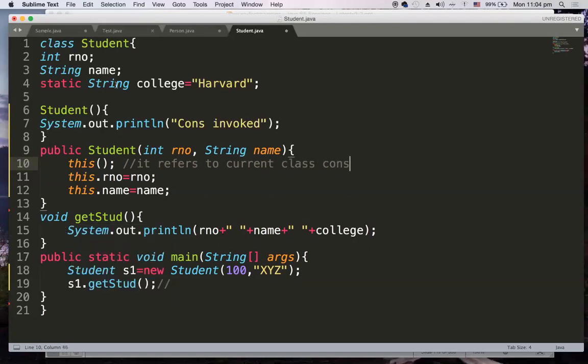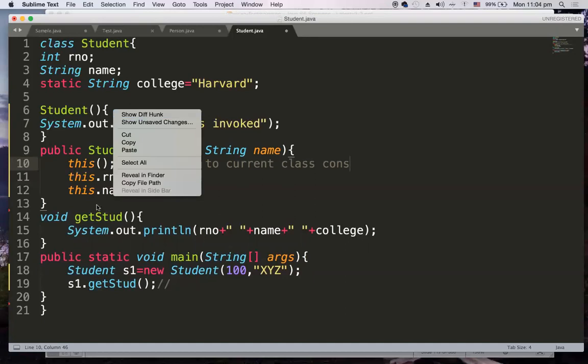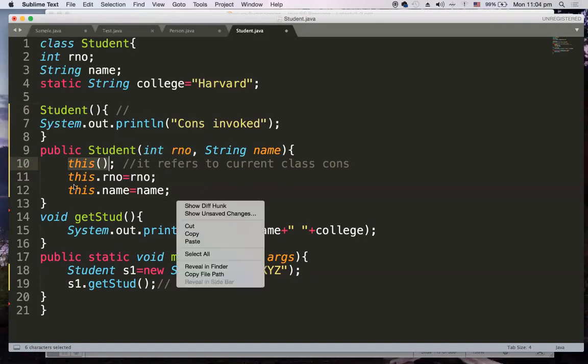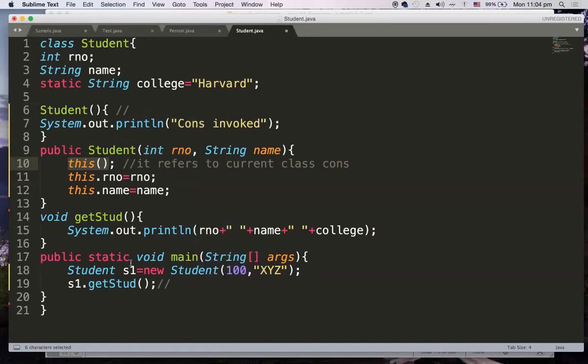So do you have any constructor here in the current class which is default? Yes, I have a current class constructor which is default. So now this constructor is referring to the default constructor. Whenever you create an object saying new Student of 100 XYZ, it actually matches with the second constructor.